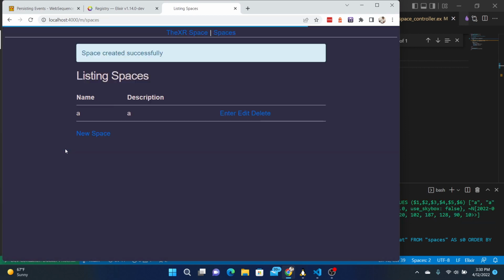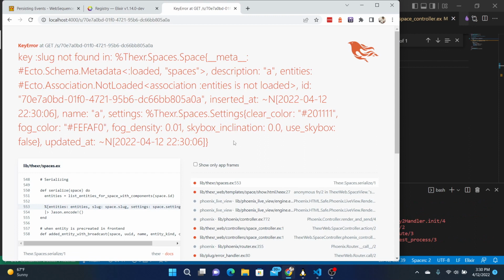A and A, we've got our new thing, and then gobbledygook. If we enter here, we'll go into our show controller. So where are we here? We're in serialize.